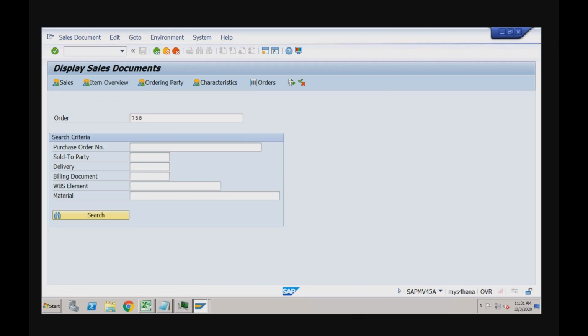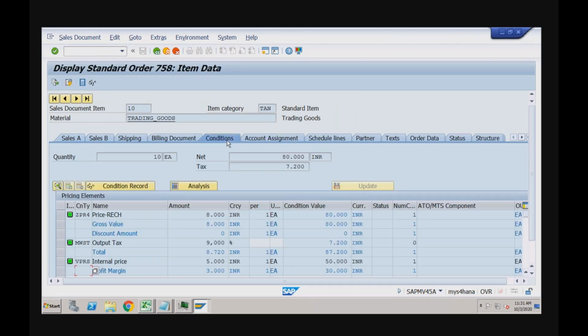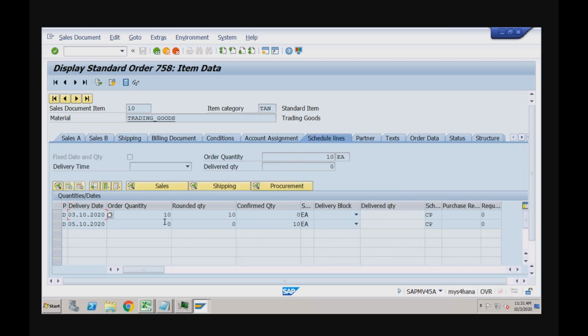Okay, so this is the order that we created just now, 758. In this one, let me go to material. Go to shipping or schedule lines and verify whether the quantity is confirmed or